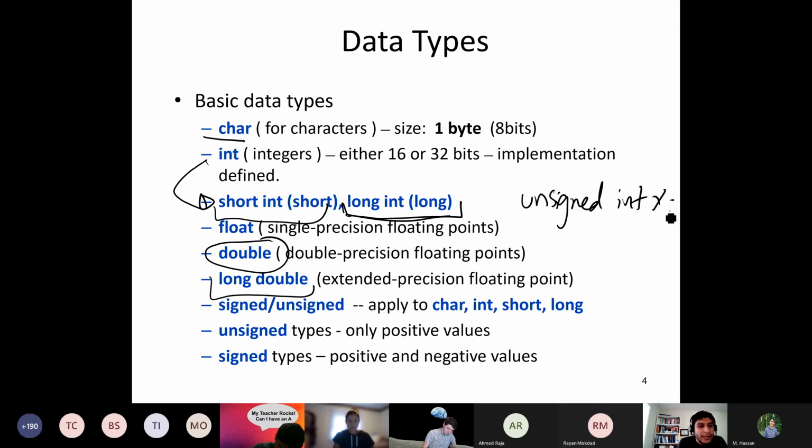If you do this, because all the values will be positive, you can really have a range of 2 to the power 32 minus 1 instead of 2 to the power 16 minus 1. Because right now you saved the half of the values for the negatives, you add them to the positive numbers, correct?